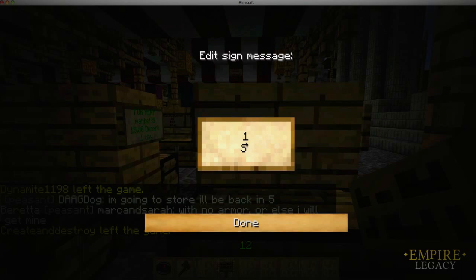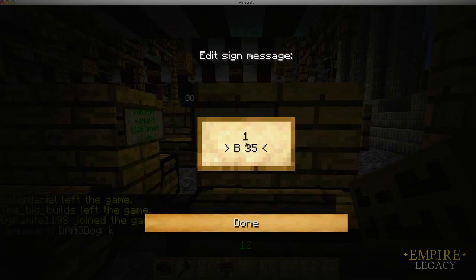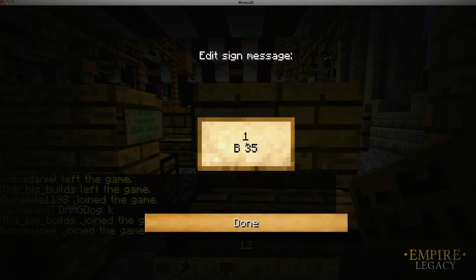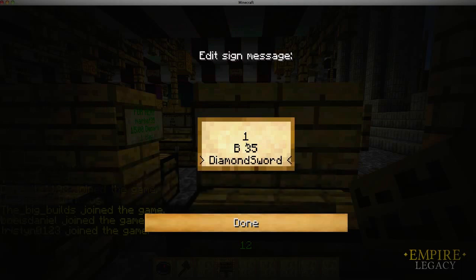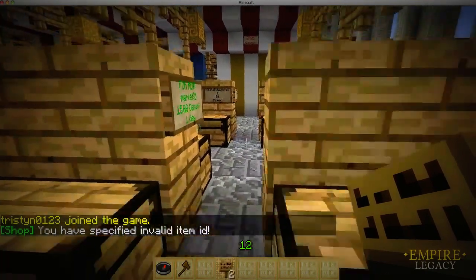You can also do S for sell if you want people to sell things to you, but we'll be doing B. And then the price, which will be, let's say, 35, the same price that I purchased it for. And then you just put the item ID or the item name on the bottom line. This one will be diamond sword. And it doesn't recognize the ID. In that case,